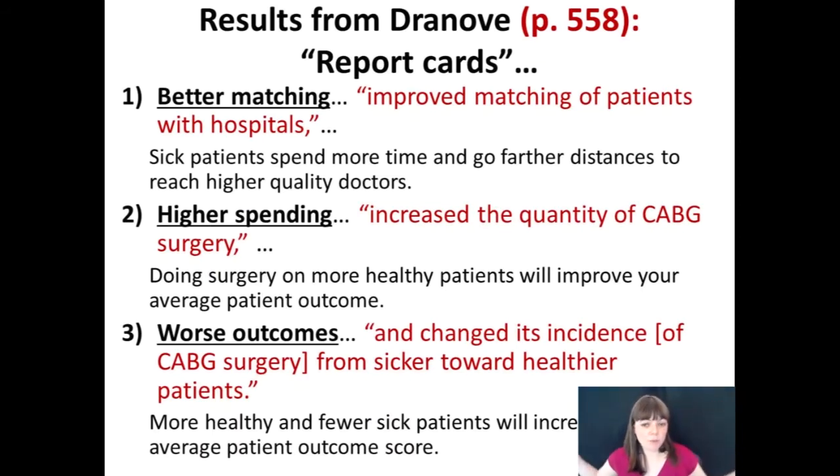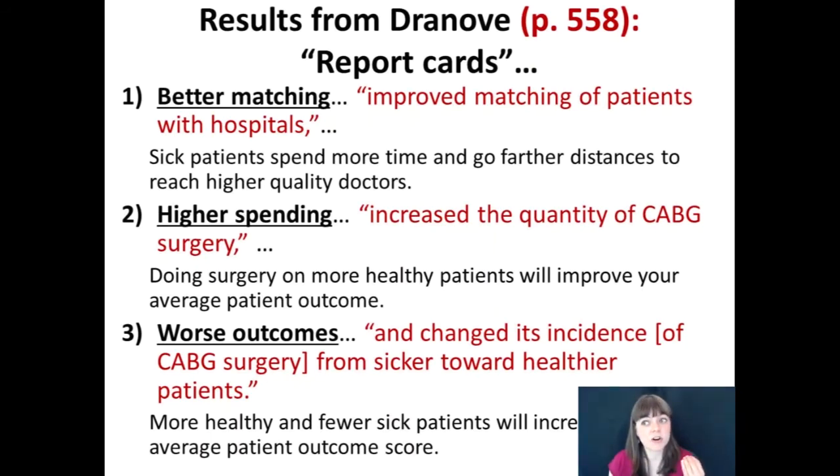Okay, so that's how we get more people getting surgery. It's the incentive for doctors to reduce their complication rate might mean increase healthy patients having the surgery, or healthy-ish patients having the surgery. And then the third outcome we had is worse outcomes, and particularly worse outcomes for the sickest patients. So how did this happen? And here's the direct quote from the article, and changed its incidence of CABG surgery from sicker toward healthier patients. So the worst outcomes happened because